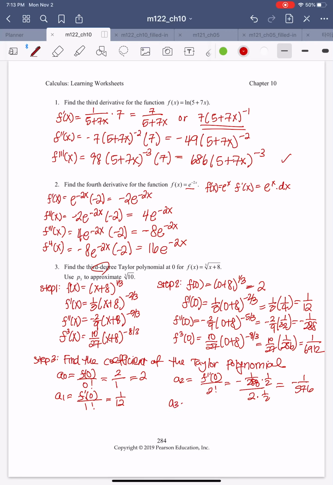A sub 3, f triple prime of 0 over 3 factorial, so that's going to be 1 over 6912 divided by 3 times 2 times 1, which is 6. So I'm going to be multiplying by 1 over 6. My final answer will be